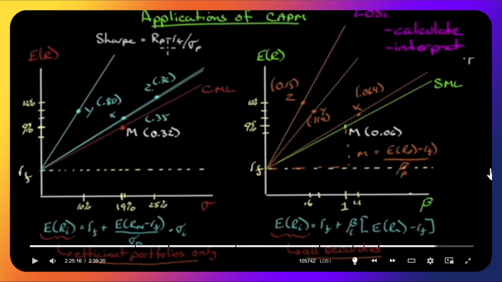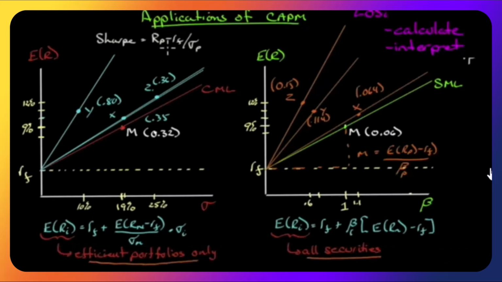So that kind of confuses students. They'll say, but I read over here this and I read over here that. It seems contradictory. Well, it depends on how you're using it. Are you using it to find the expected return? If you're using it to find the expected return, follow these rules. If you're using it to measure performance, on the other hand, the Sharpe ratio will give you all portfolios, even a well-diversified one, but the Treynor ratio is for